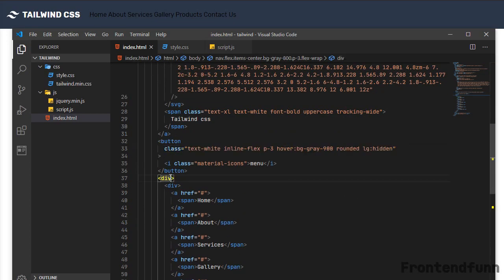First let's work on the items here, nav items, links. So I'll just add classes to the top div. So I'm going to use my custom class here, top-nav, and let's give it a width of w-full, and giving the full width will take the entire width here, as you can see.